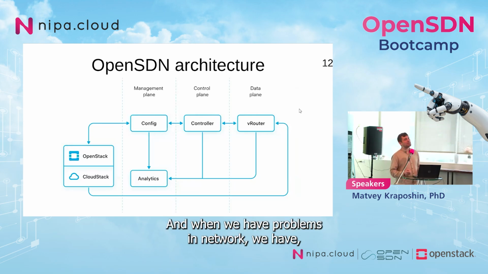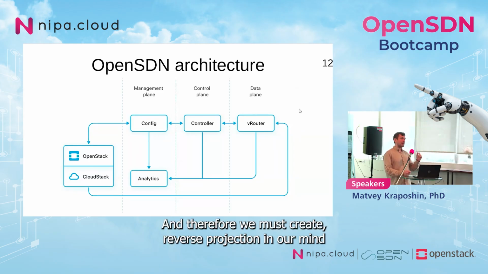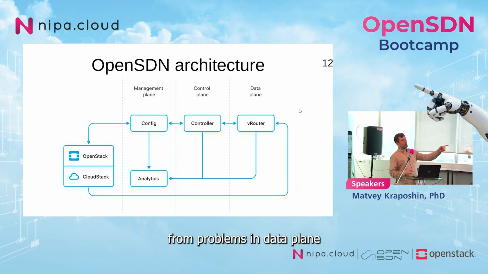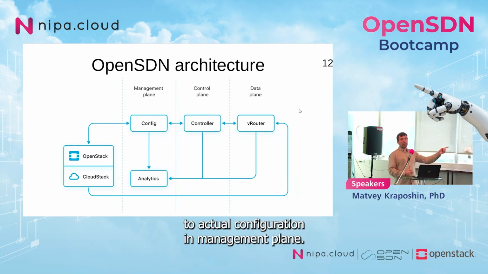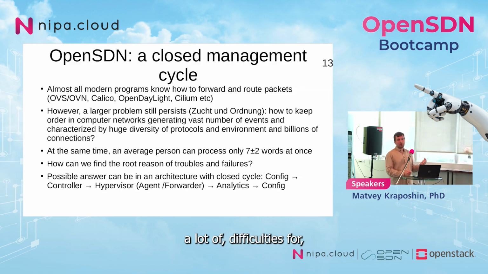And when we have problems in the network, we see diagnostics formulated in the language of the data plane. Therefore, we must create a reverse projection in our mind from problems in the data plane to the actual configuration in the management plane. And actually, this creates a lot of difficulties for